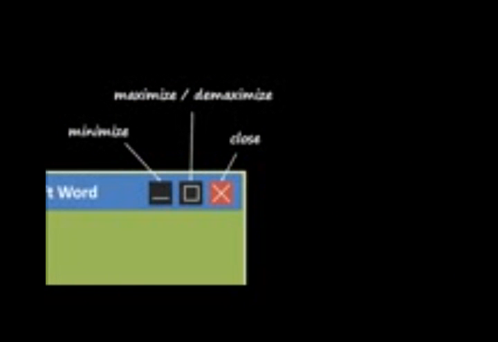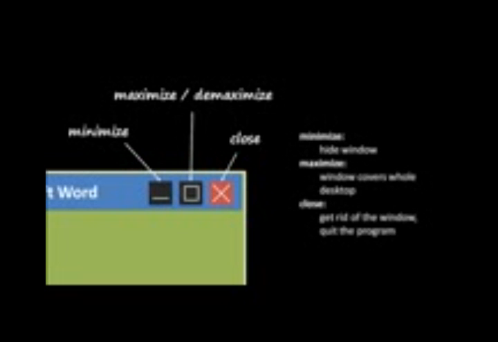In the top right of every program window, you should see these three buttons in this order. On the left, there's the minimize button, in the middle, there's the maximize, demaximize button, and on the right, there's a close button. The close button, not surprisingly, closes the window. It gets rid of the window and it exits the program. It makes the program